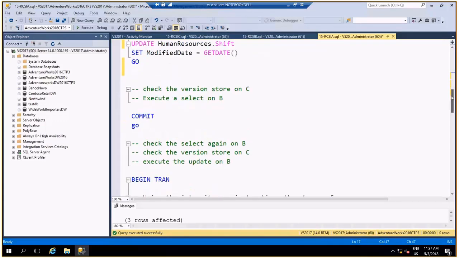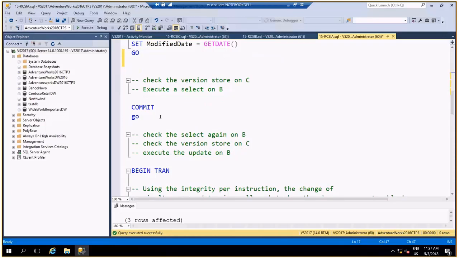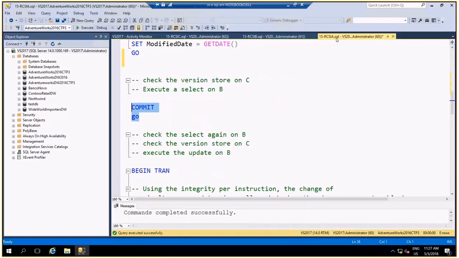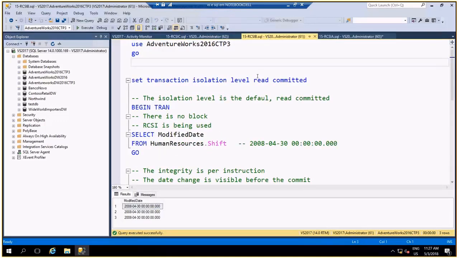Now let's commit. I just committed the update. This transaction on B was already being executed.